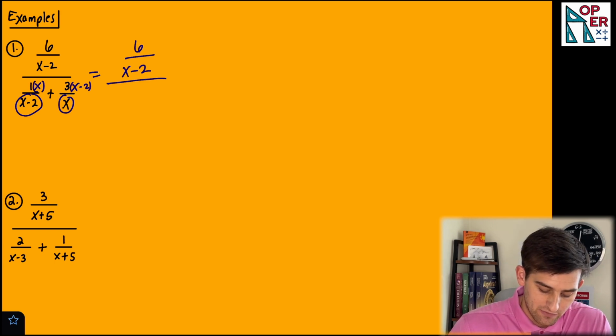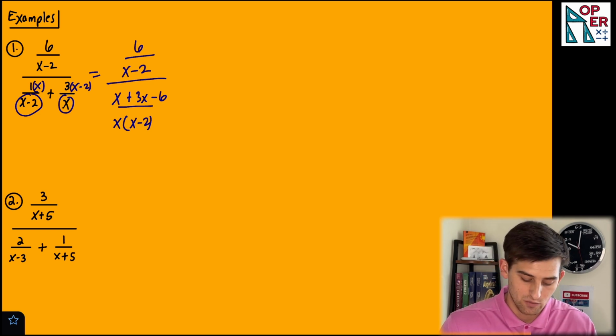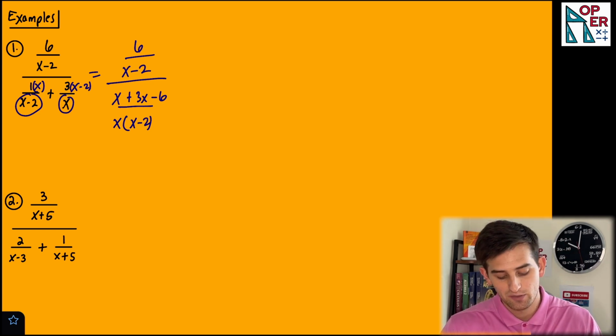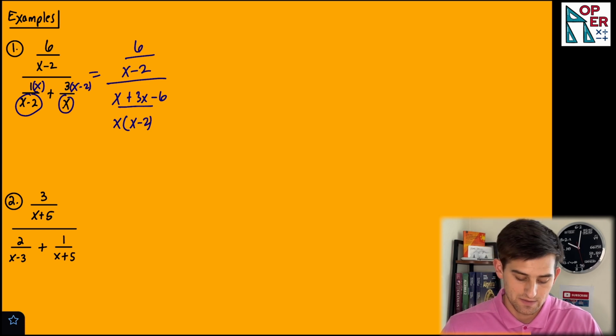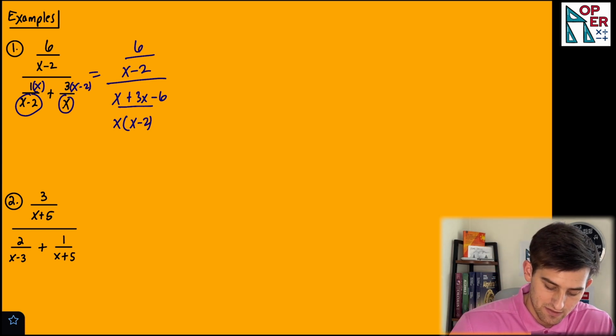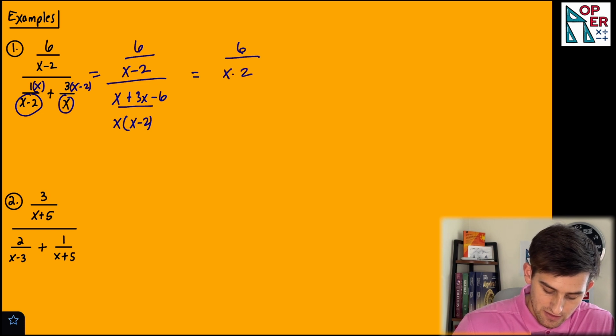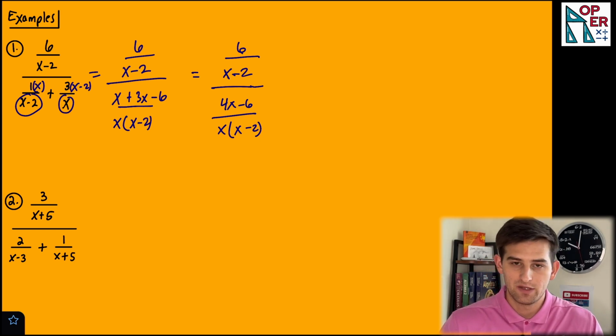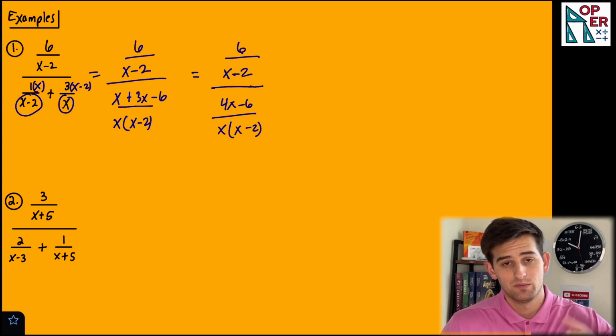So now we would have a denominator of x times x minus 2, and then we would have x plus 3x minus 6 in our numerator. So 1 times x gave us our x, and then we distributed that 3 to get 3x minus 6. So now we have x plus 3x, so we could rewrite this. We have 6 over x minus 2, and now this is over 4x minus 6 over x times x minus 2. So now we've combined the fractions in the denominator,